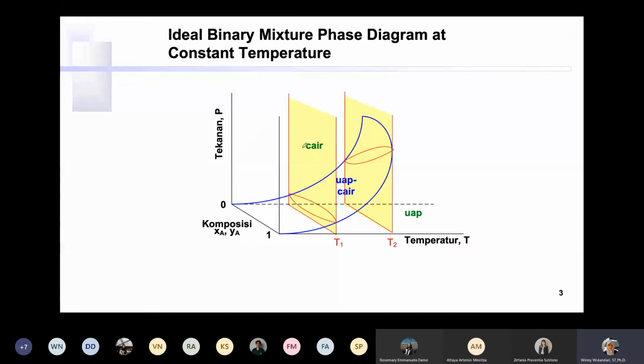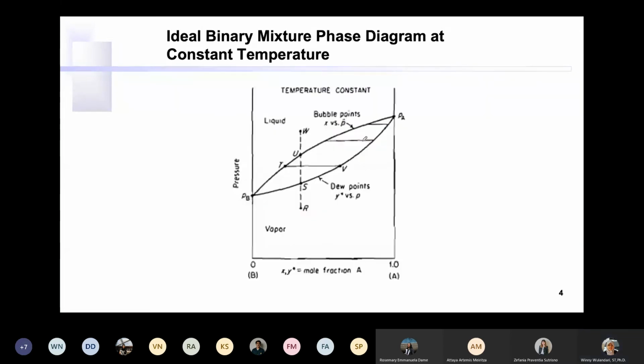Okay. So this is, like I said before, if you cut through the temperature, but we won't use this diagram because it is more difficult to change the pressure compared to changing the temperature. And this is at a constant temperature. At a constant temperature, you end up